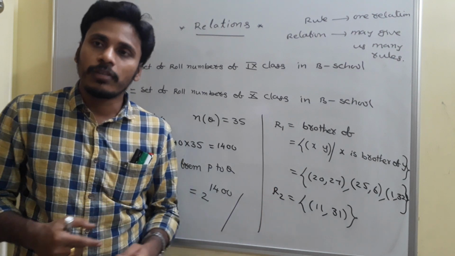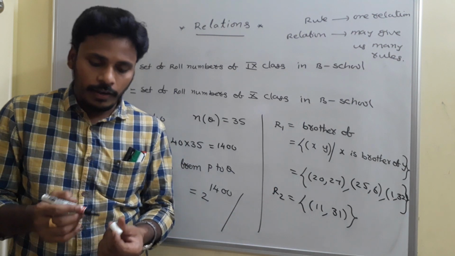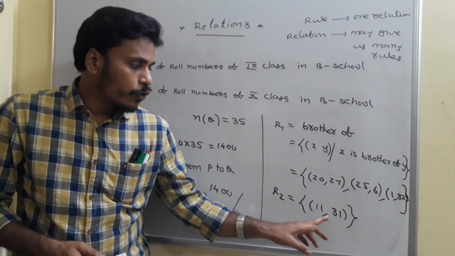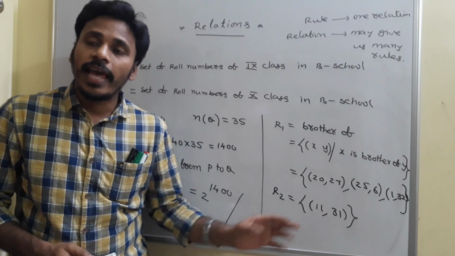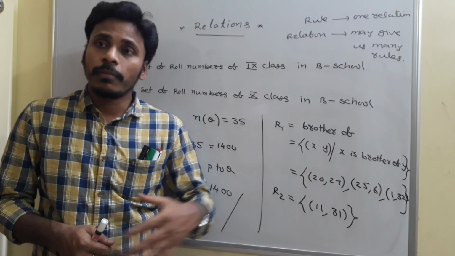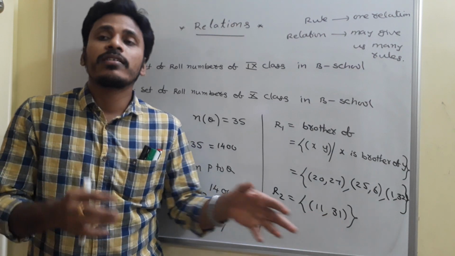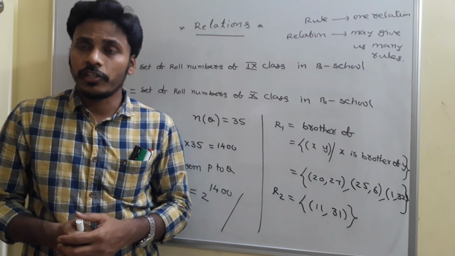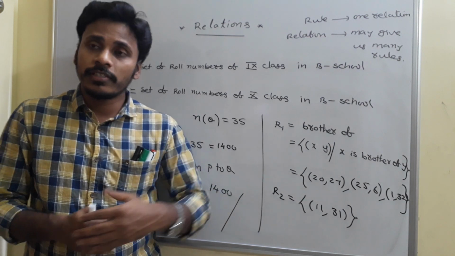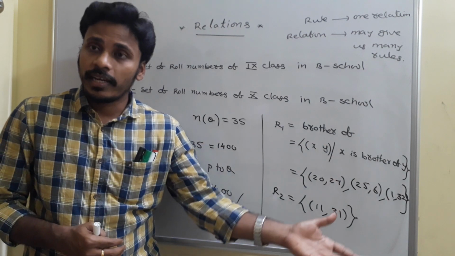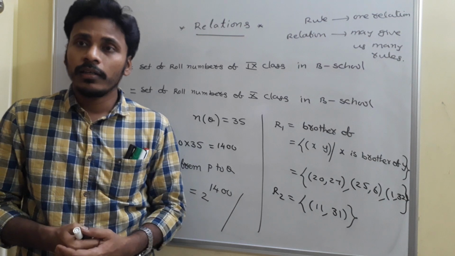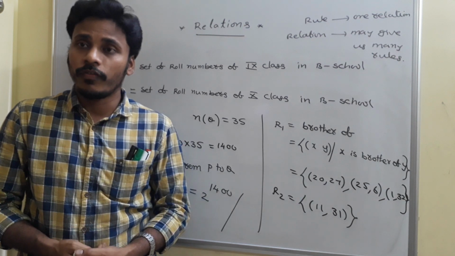And for suppose I call some people and ask them to say the relation between 11 and 31. If you call these elements x and y, some people may say that x is friend of y. Another person may say that x and y are of the same city. That's also a relation, right? Because those two are studying in the same school, they may belong to the same city. And some other person may say that the age of the second person is more than the age of the first person. That is a rule, right?